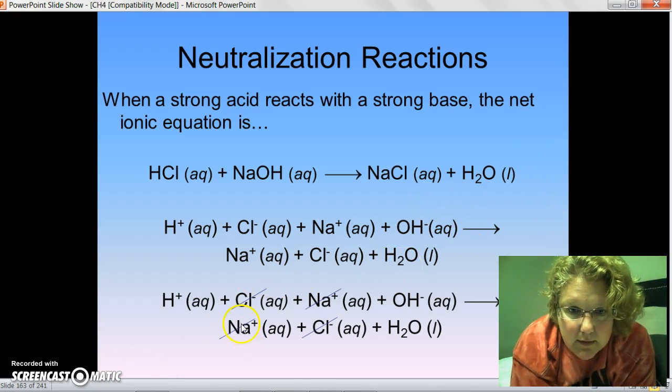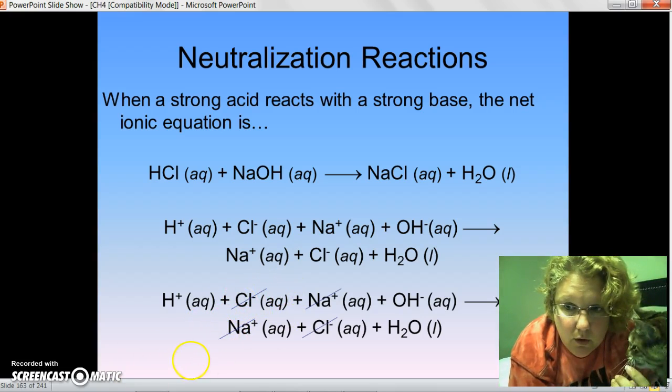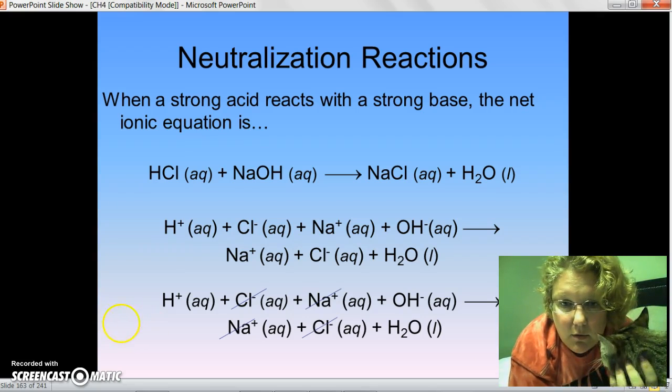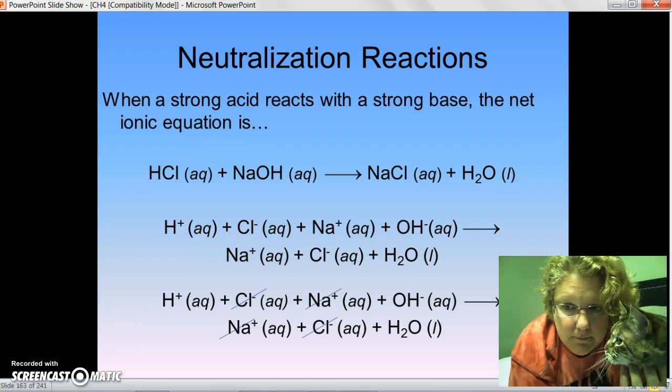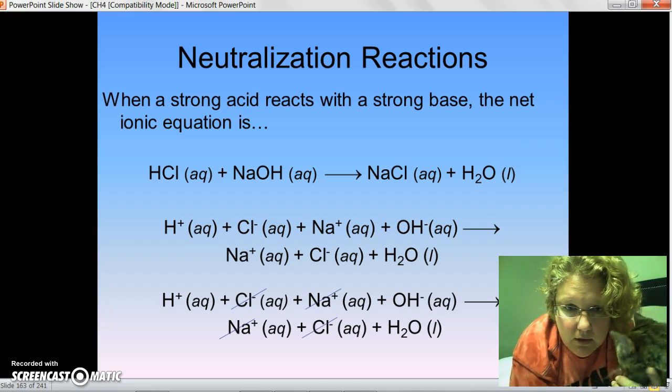So when we go to cancel out the spectator ions that didn't do anything in the course of the reaction, we see that in this instance, everything was a spectator except for the elements that make up water. So the chlorine ion was a spectator, the sodium ion was a spectator, and so in our net ionic equation, this is sweet pea by the way, in our net ionic equation we're simply going to have H and OH